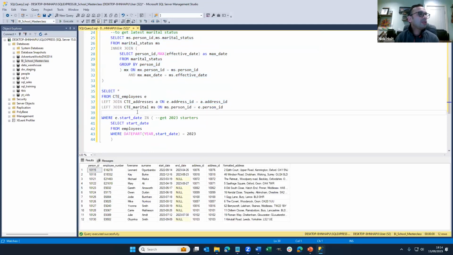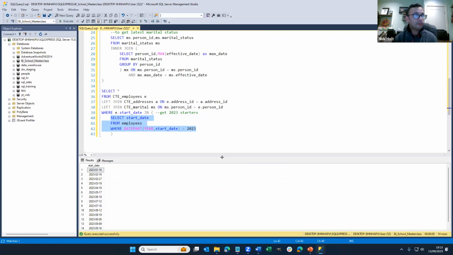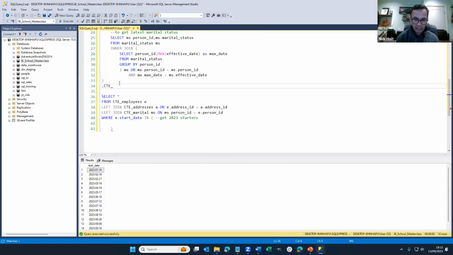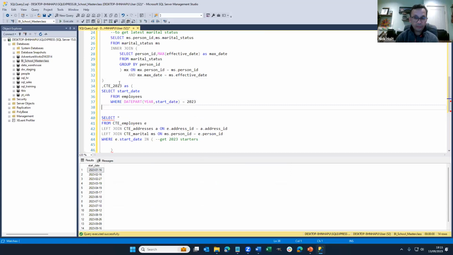And then what can we do with this? Do we want to do that as a CTE? Why not? For this one, what we've said is select start date from employees where the start date is in this calendar year. So if we take that out and put it in there, CTE 2023 AS, just does that. Now, all that is a list of start dates,